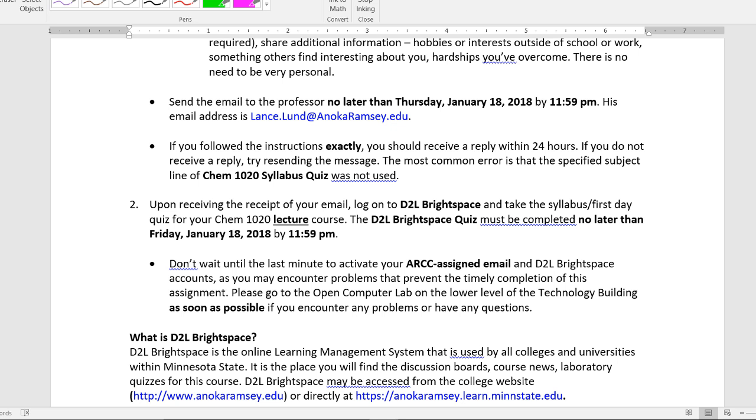It does appear as if I have the date wrong on here. It should be Friday, January 19th is when that syllabus quiz piece is due. Okay, any questions on the syllabus as a whole here? Any questions? All right, so